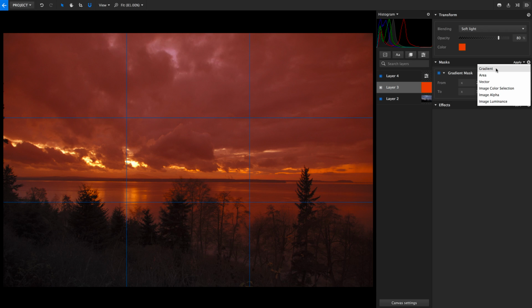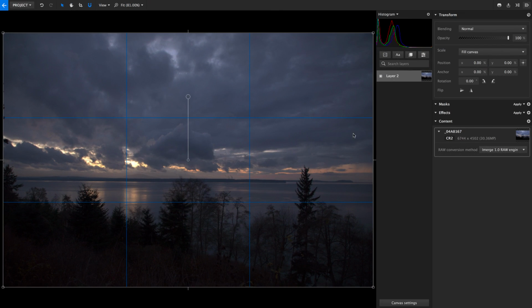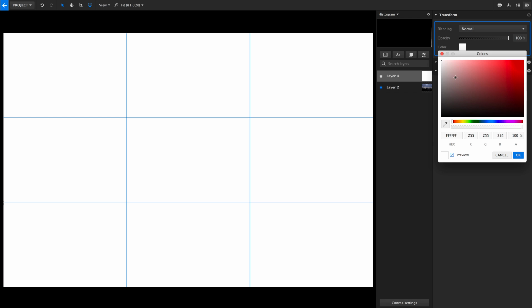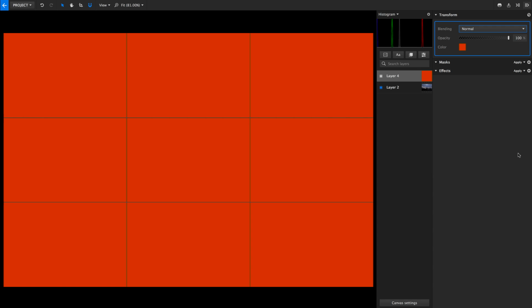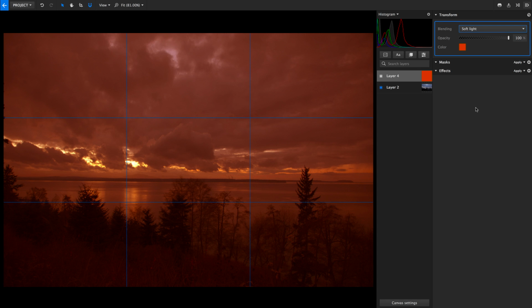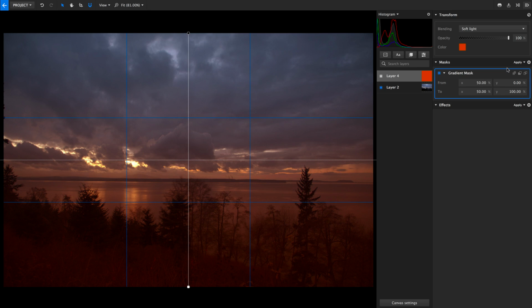One common situation where gradient masks are used is for modifying skies. This image has some nice clouds in it, but perhaps we need to add some sunset color. So we create a plane, assign it a color suitable for a sunset, then change its blend mode to soft light to blend it onto the original. But we don't want it to affect the foreground here, so we can open the Layer Masks menu and add a gradient mask to the layer to remove it from that area.